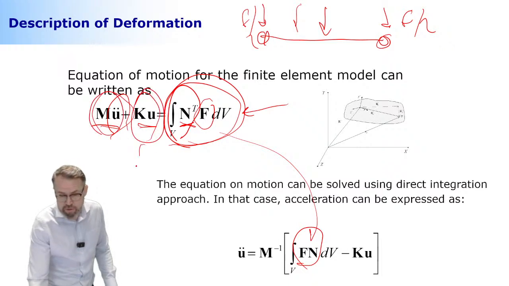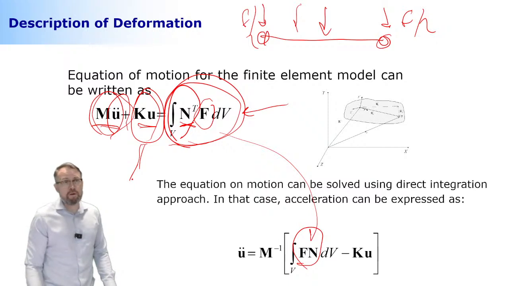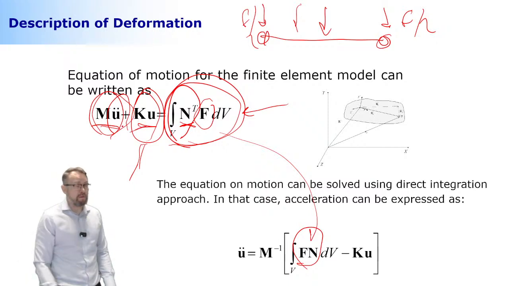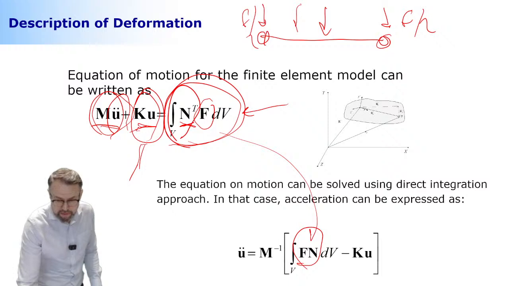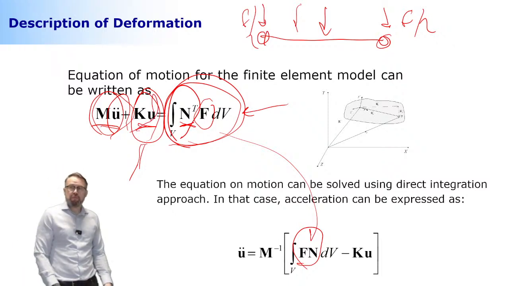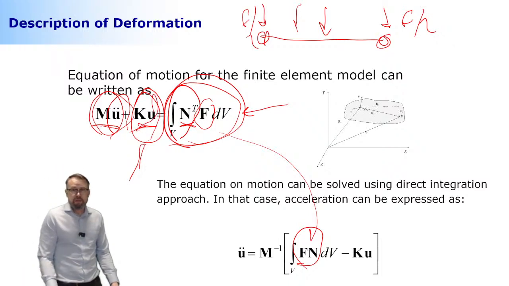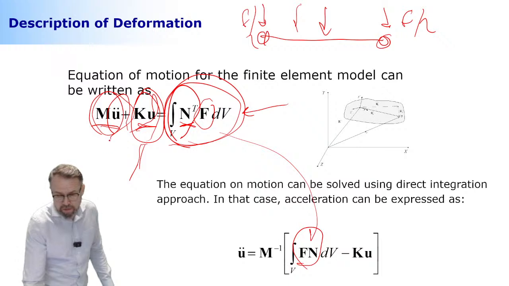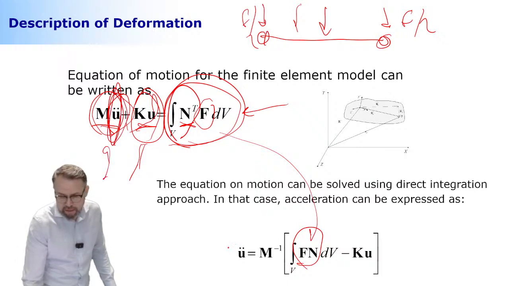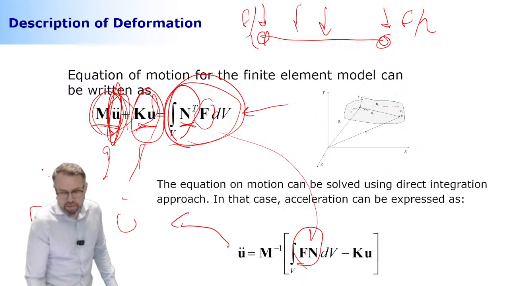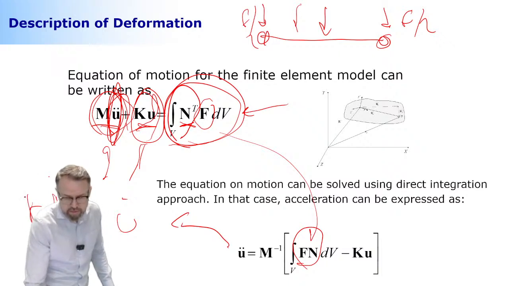Look at this. This is a force component. Nothing but a force component, because the stiffness matrix is, of course, a matrix, but this guy is a vector. A matrix multiplied by a vector is going to be a vector. So it's a force vector, like anything else. All right? And then what we wanted to do is, of course, solve this one here, acceleration. And with the help of a numerical integration technique, we can get the velocity and we can get the position. This is without the dot, so it's just a u.